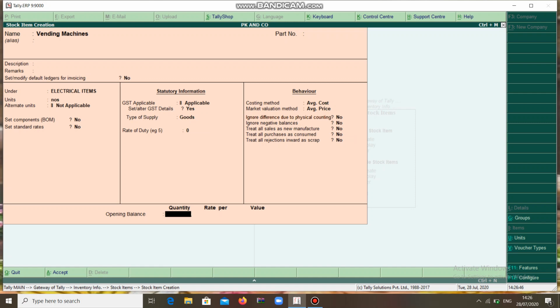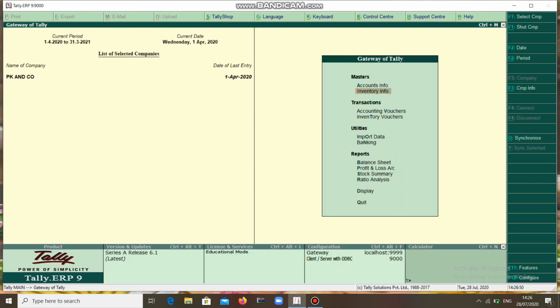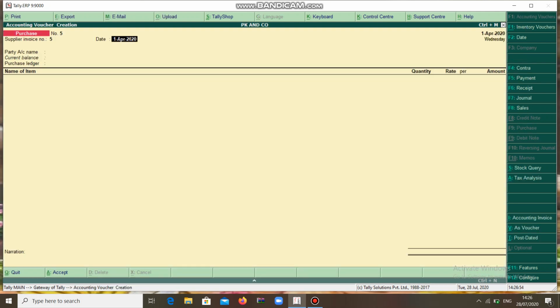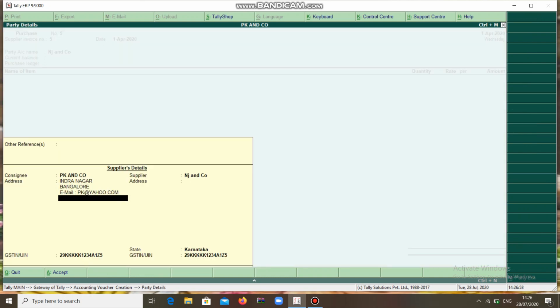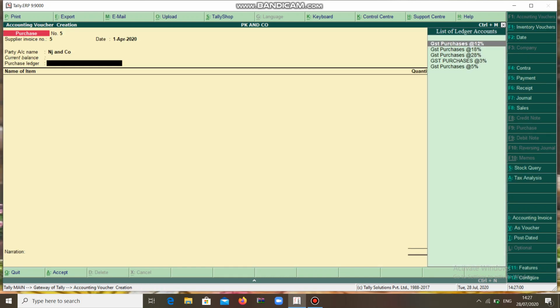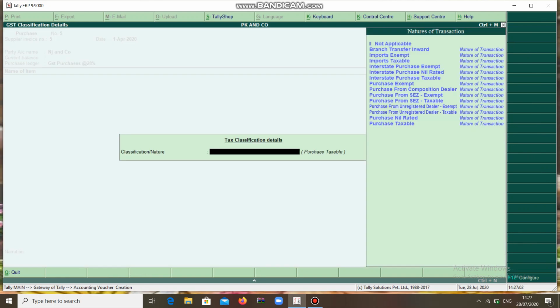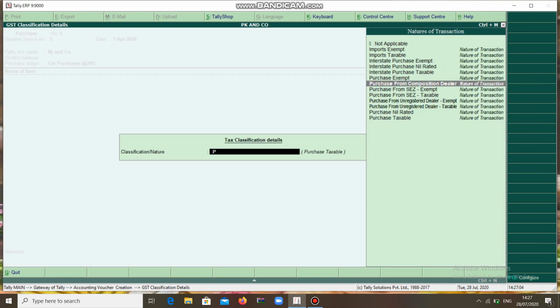Now whatever items we have created, based on that we have to pass the vouchers. The same procedure as I said earlier: accounting voucher, F8 purchase, you can go to Enjoy Company as the party, GST purchases at 28%, you can go for purchase taxable.